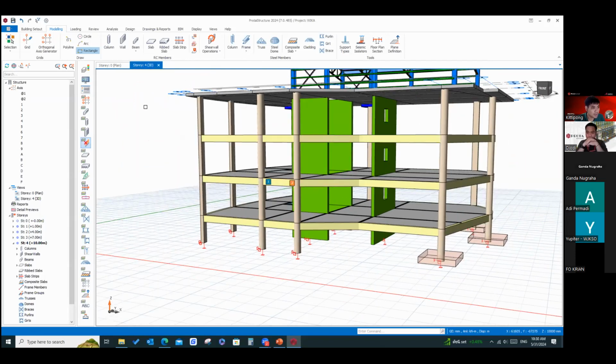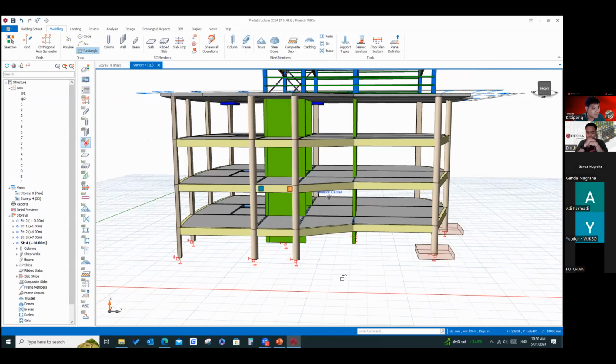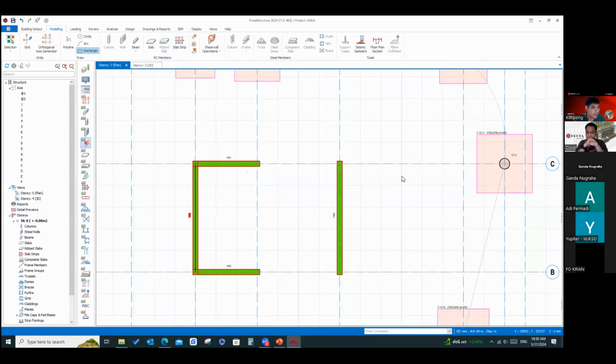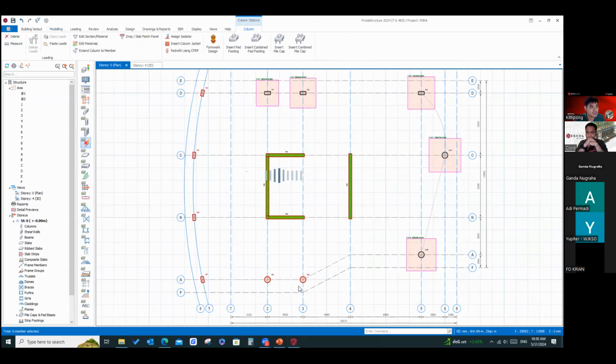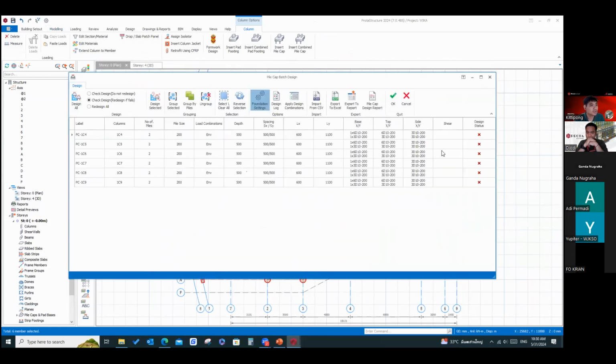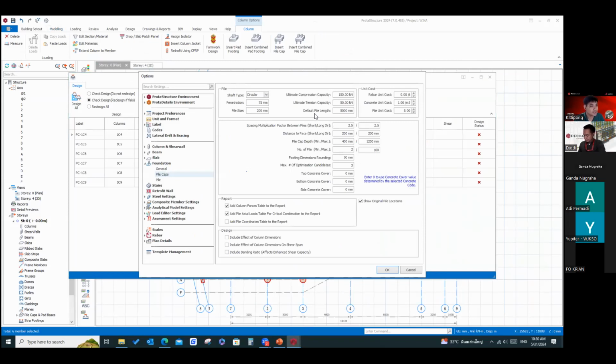Maybe you do have the pile cap design. You can also check the pile cap like this. Or maybe you can do the finite element for the whole building. It's up to you.